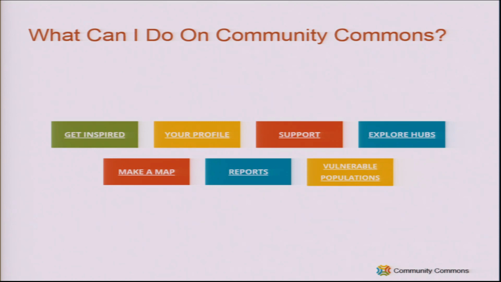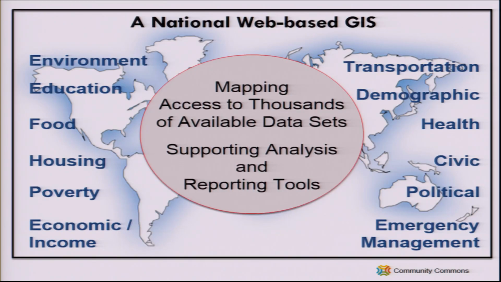So what can you do on Community Commons? At the core of Community Commons is a national web-based set of data that we use to provide the engine for our analytical tools, for our mapping tools, and for a lot of the activities that folks do on this. We have information spanning a variety of topics, including things like education, poverty, health, and emergency management available through the system. And we have thousands of data sets available for mapping from a variety of mainly public sources